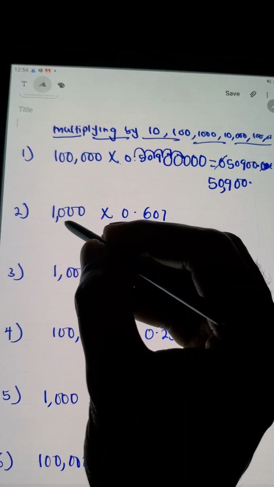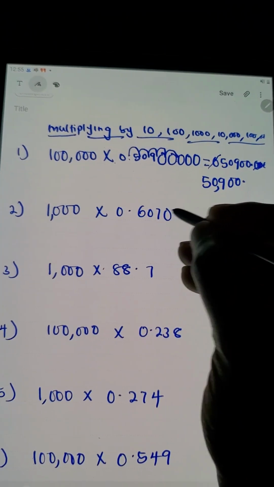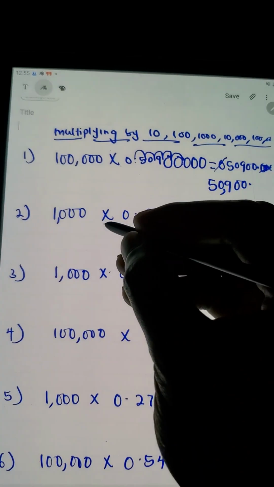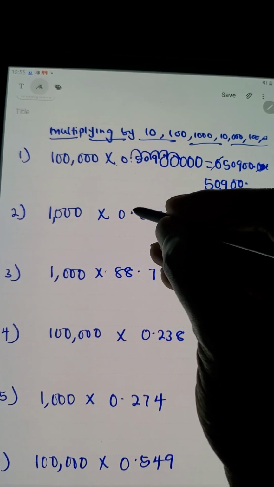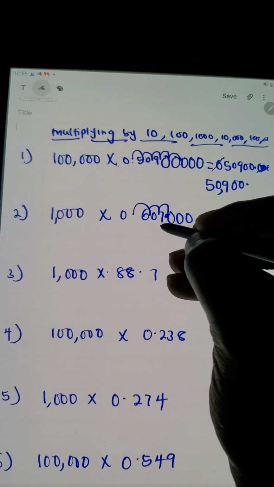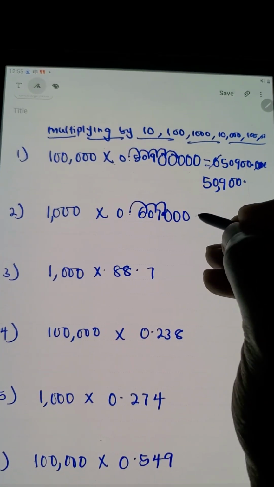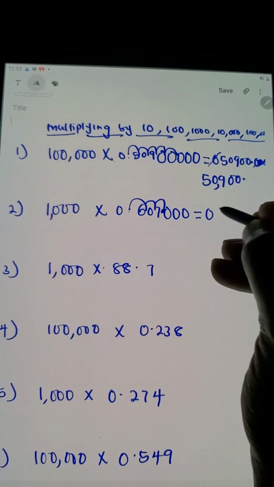Same thing applies to question 2. Consider the number of zeros that 1,000 has. 1,000 has 3 zeros. Add 3 zeros to the front since you are multiplying. Then from this point, count 3 numbers forward. 1, 2, 3. Then you locate your point. It means you've changed the position of the point from here to this place. Then the final answer is